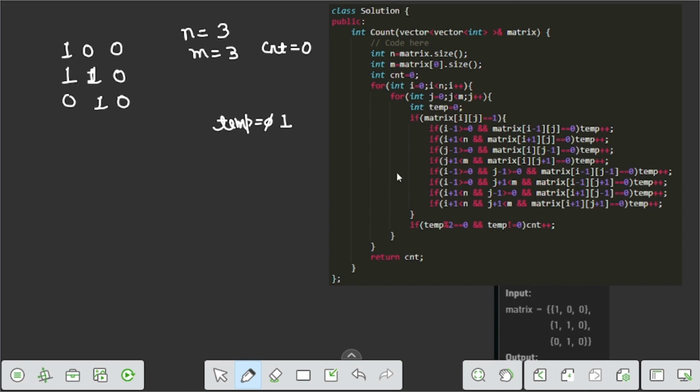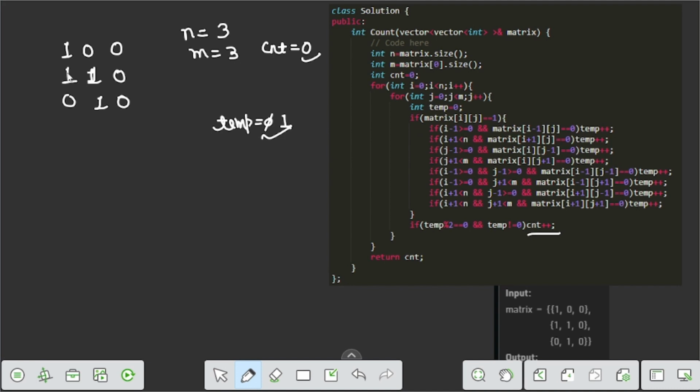So after this calculation, we check if temp is even or not. Temp is odd, so we cannot increase the count, so count remains the same, which is 0, and we go to the next index, which is 0 0, but we cannot perform this operation because we check whether matrix of i j is 1. We perform these operations where 1 exists.